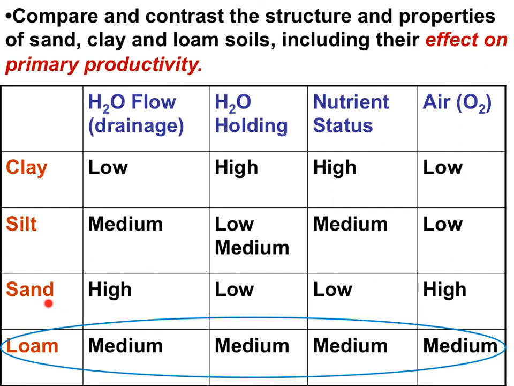Sand, on the other hand, has high levels of air, but it tends to be quite dry because of drainage. It has very good drainage. Now, loam has intermediate qualities in all of these soil properties. As well, loam soils generally contain nutrients and organic matter, moisture, and humus, and it contains more of these things than sandy soils or clay soils.